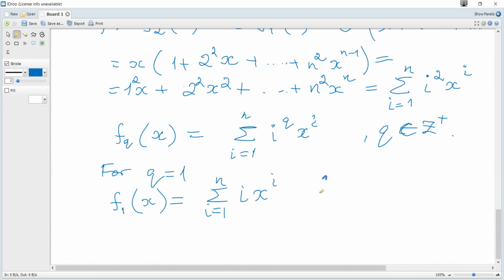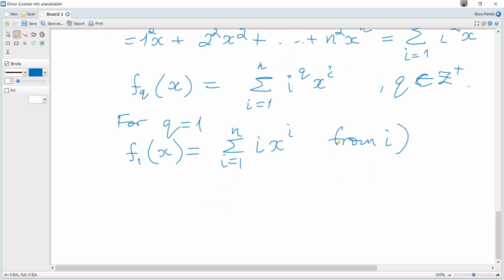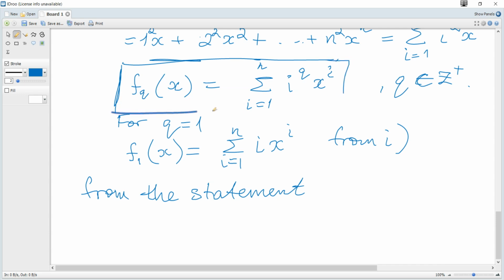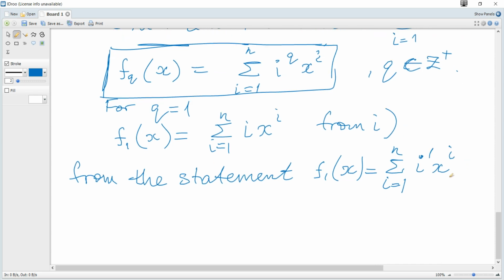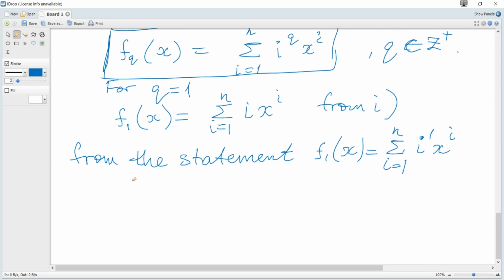From the statement, for q is 1, it becomes f1 of x, the sum for i from 1 to n, i to the power of 1 x to the power of i, which is the same, so true